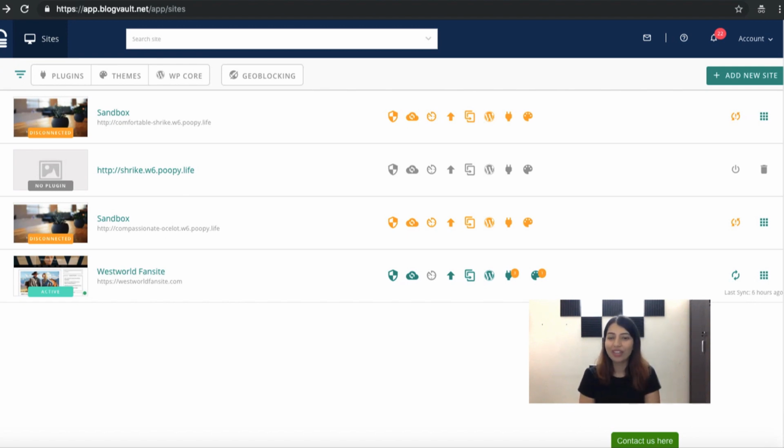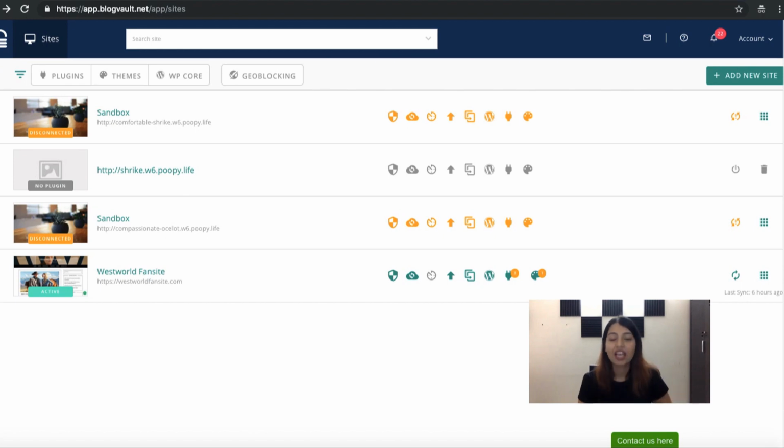Today, we're talking about the latest feature of BlogVault called Slack integration. And I'm super pumped about this new feature, and I hope you are too, because it's the most requested feature by our customers. Slack integration enables instant notification to help you track key actions related to your website. Be it your first website scan or an auto scan detecting malware, you and your team are notified instantly at